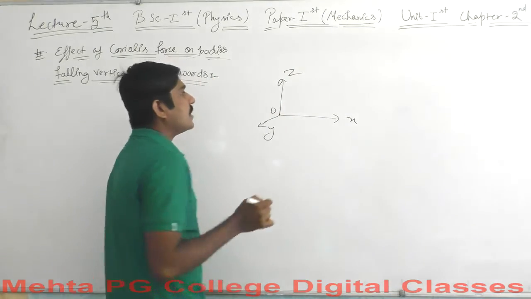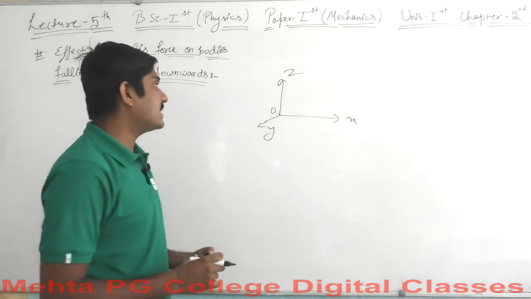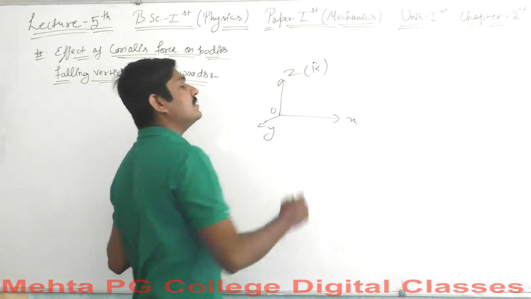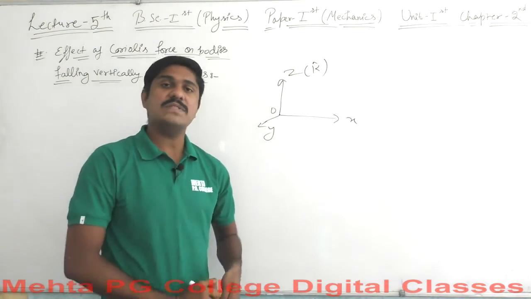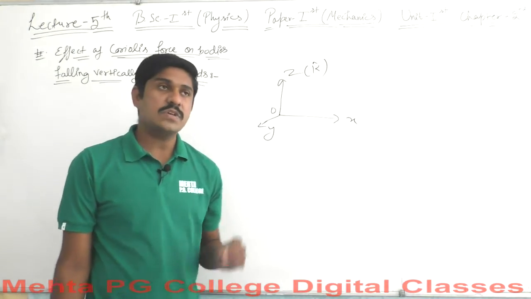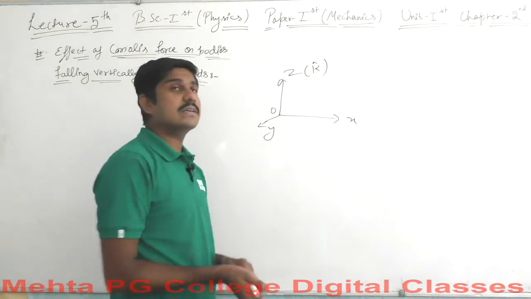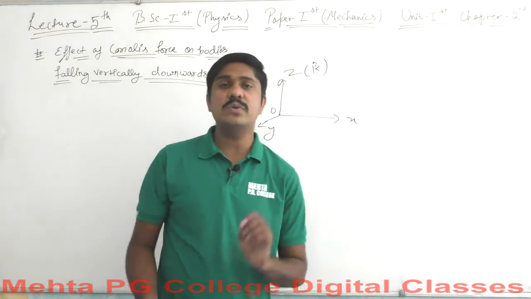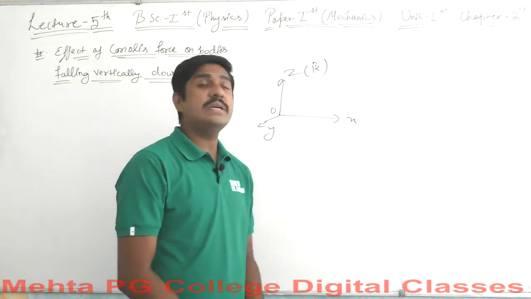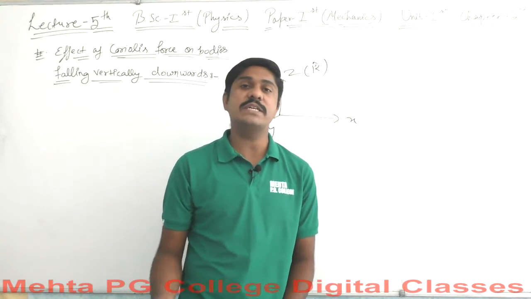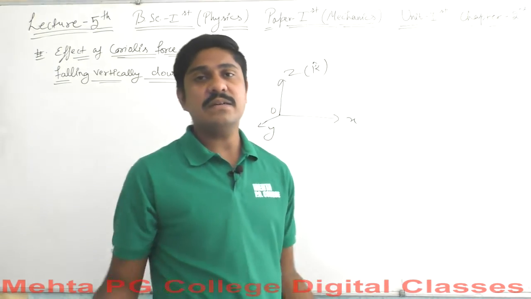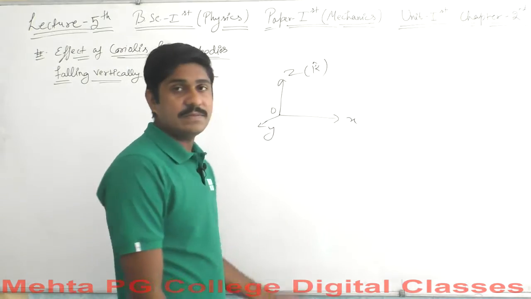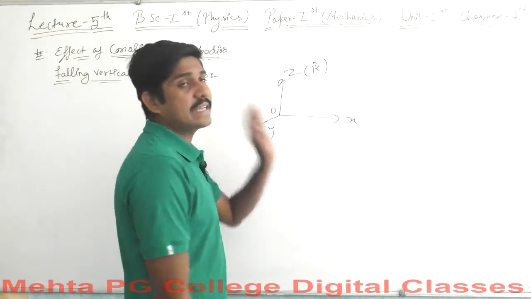For the z axis, the unit vector associated is k cap, the unit vector associated with the particle. For the Coriolis force components, we will take the unit vector as k dash cap, because we do not want to interrupt the results observed for the displacement vector r, which has the components i cap, j cap and k cap. That's why let's take it as k dash cap.